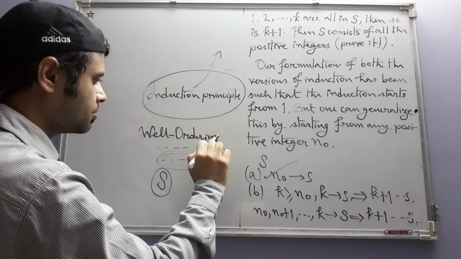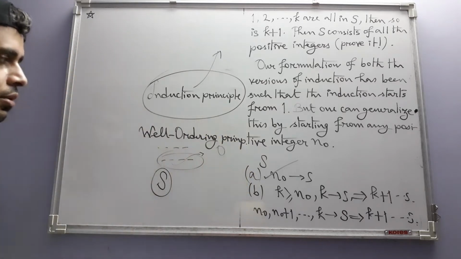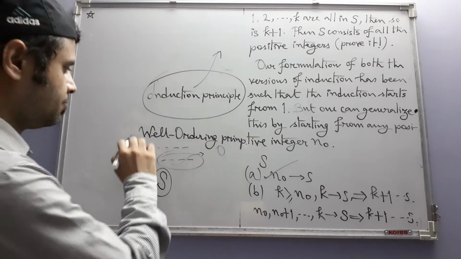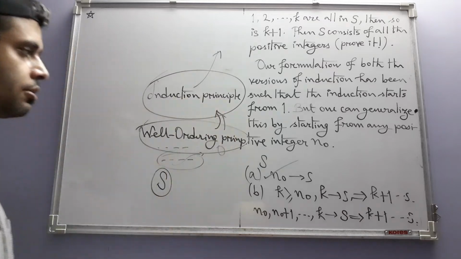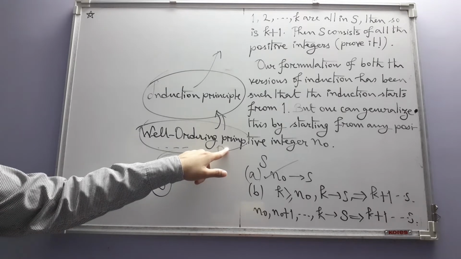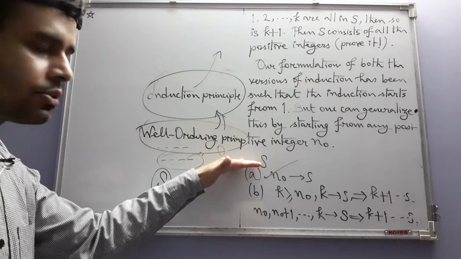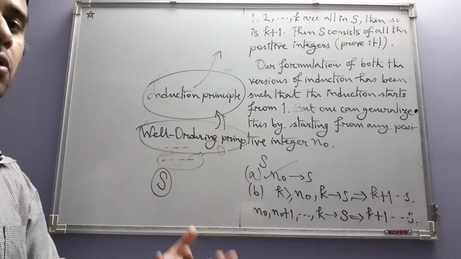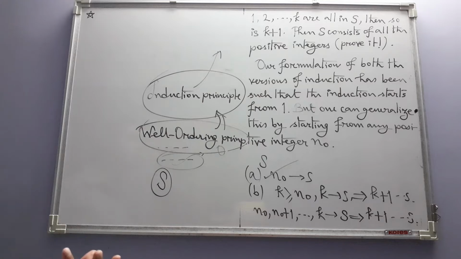However, here in this book we have the well ordering principle, and we have proved the induction principle as a consequence of the well ordering principle. Does it mean that this is something more fundamental? And if so, why did Tau not start with the well ordering principle? The answer to this is that